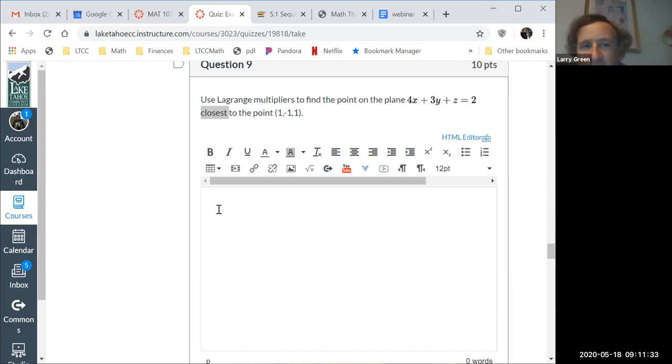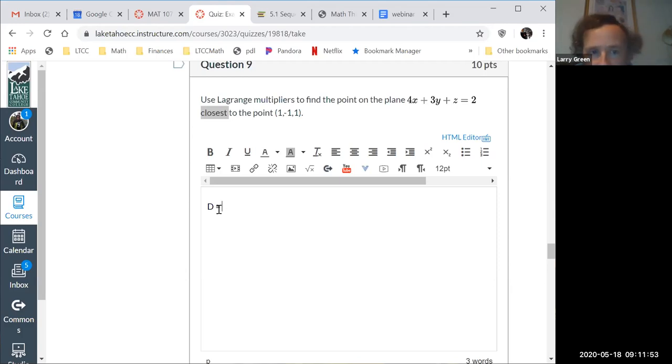What measures how close something is? Yeah, distance formula. And I did an example in the lecture. The square of the distance, you don't have to worry about the square root. So I'm just going to use capital D for the square of the distance. And that's just going to be